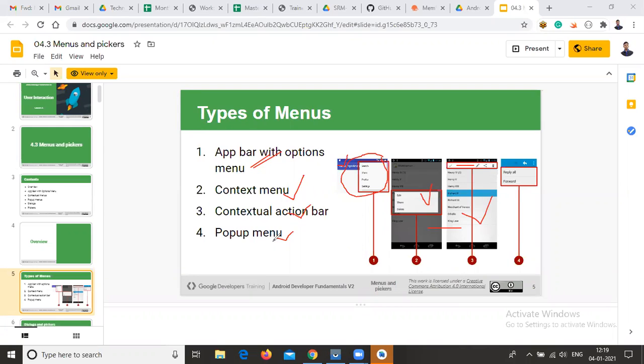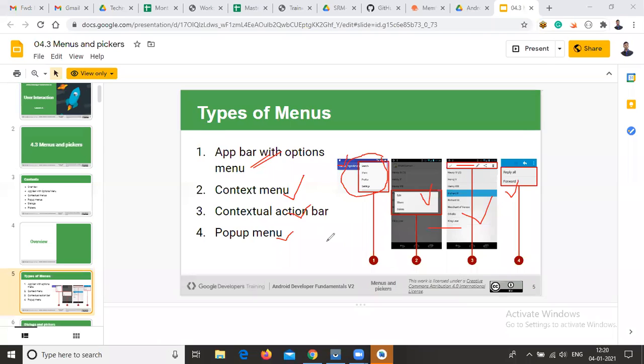And coming to the pop-up menu, when we use the pop-up menu, it is displayed like this. It looks like an option menu, but it is not an option menu. Regularly in Android we use only option menus and contextual menus.